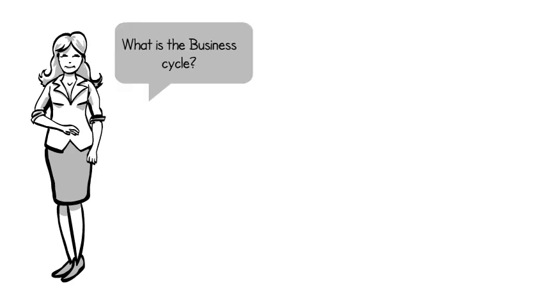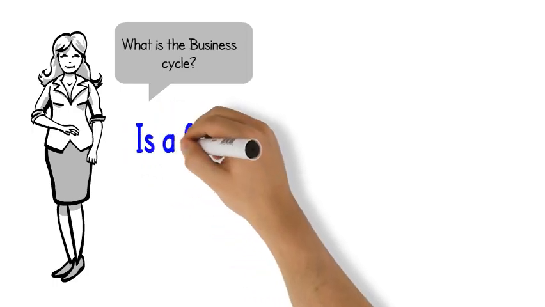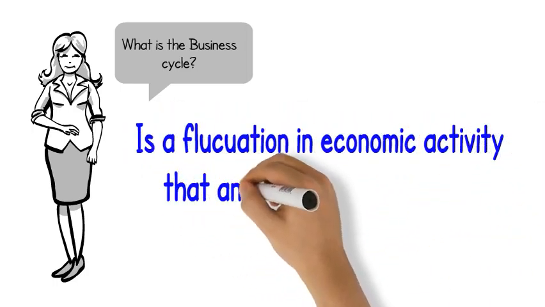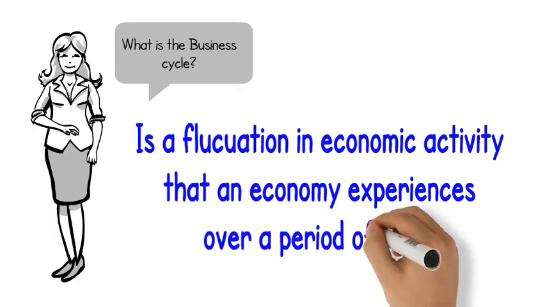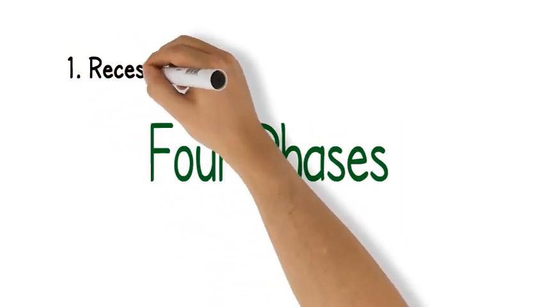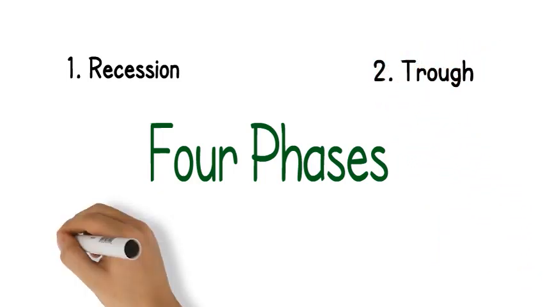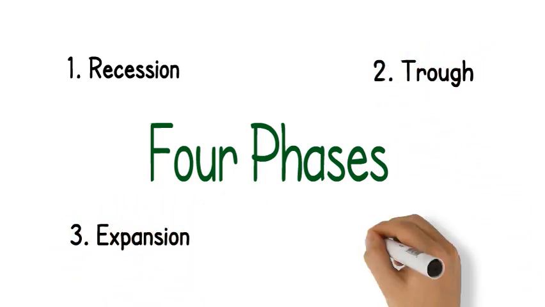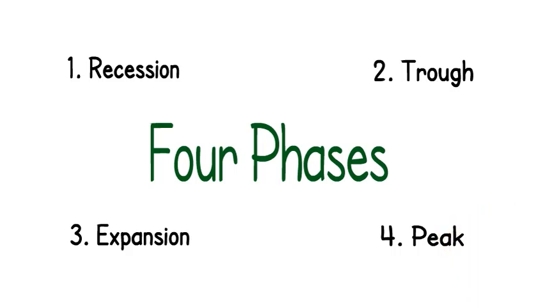Some of you might be asking, what is the business cycle? Well, we are going to be answering that question right now. The business cycle is a fluctuation in economic activity that an economy experiences over a period of time. It includes 4 phases, which are recession, trough, which is the lowest point, expansion, and peak, which is the highest point of the cycle. We will be taking you phase by phase in order to ensure you have an understanding